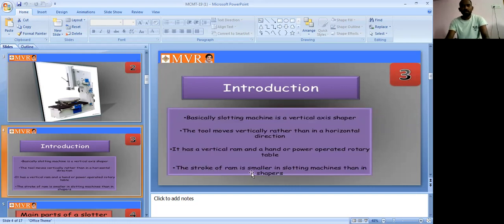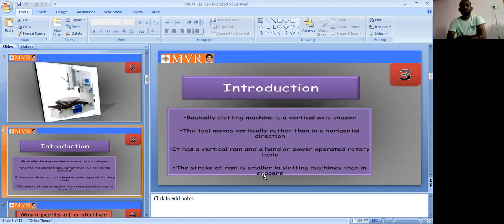The stroke of the ram is the same for the shaping machine and the slotting machine. So this is the introduction.